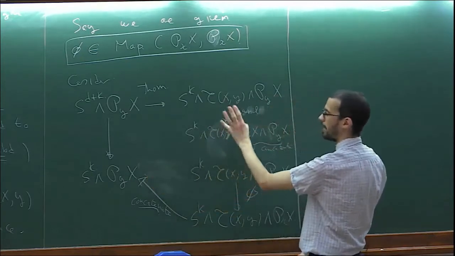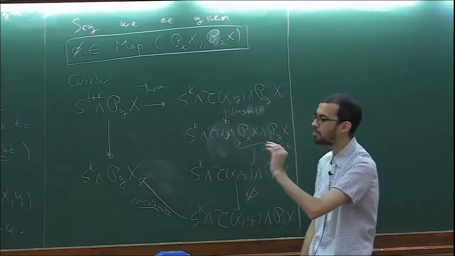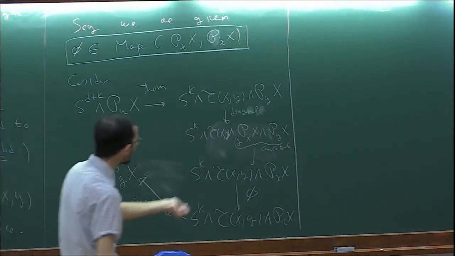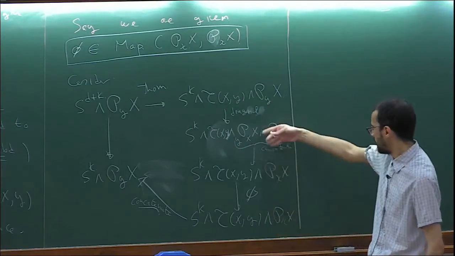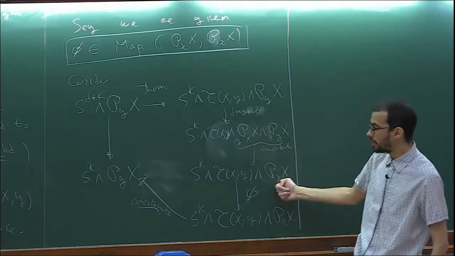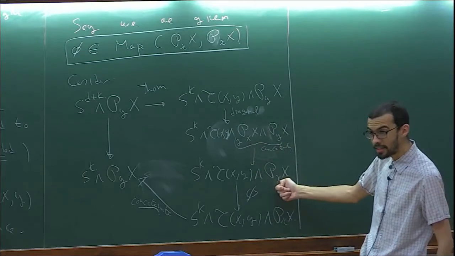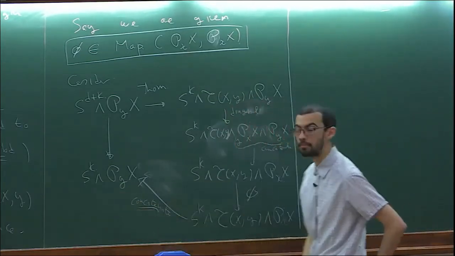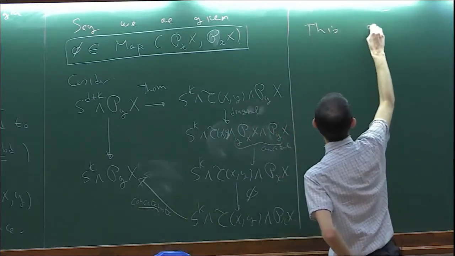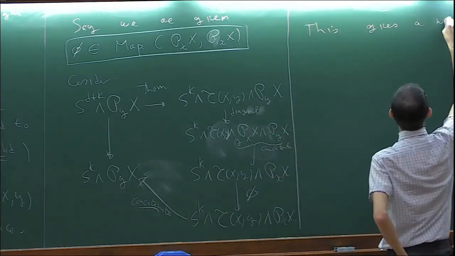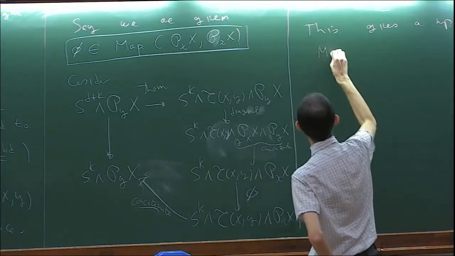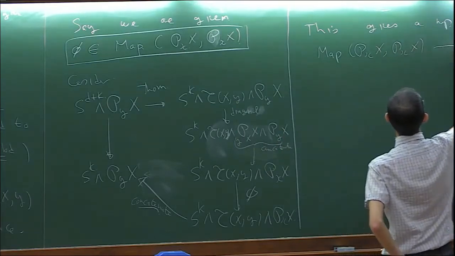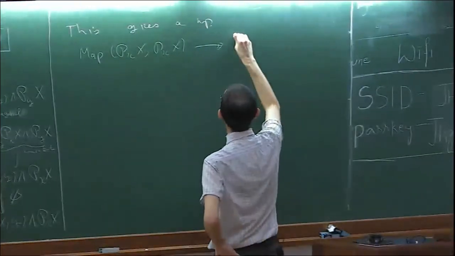Okay? This is just some kind of technicality, because last time when we talked about this, we saw that you have to concatenate once and then concatenate again. So we need to do it twice, and this makes sure that you can do it twice. Okay? Then you concatenate to land in space of paths which end at x. Then you apply your map, phi, and then you concatenate again to land there. So this gives a map from maps P_{x,x}, P_{x,x} to maps